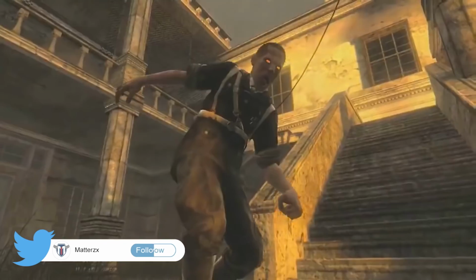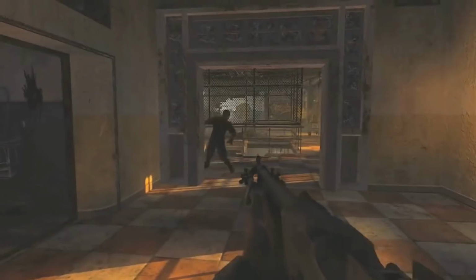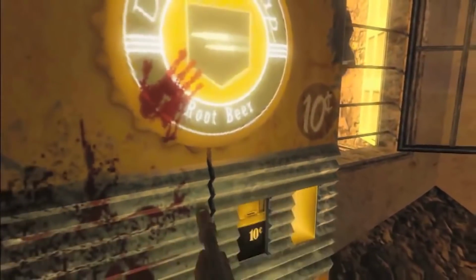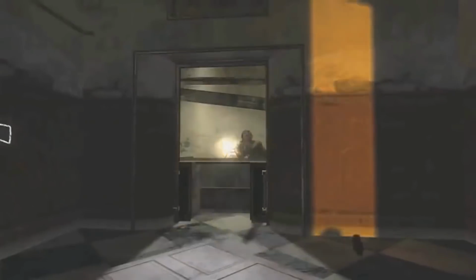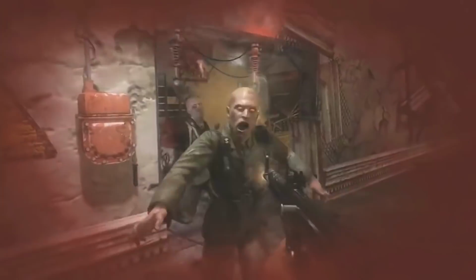Another thing here, Kino der Toten, Moon, and Call of the Dead were supposed to come in a DLC 4 for World at War, but were cut and moved to Black Ops 1. DLC 4 was cut entirely due to Treyarch needing to work more on the Black Ops 1 campaign because the DLC would have released too close to the launch of Modern Warfare 2. And it would have been cool to see if all of these Black Ops 1 maps released in DLC 4